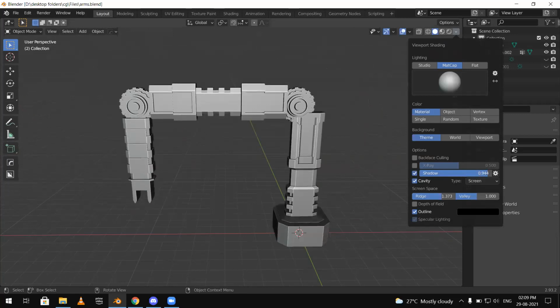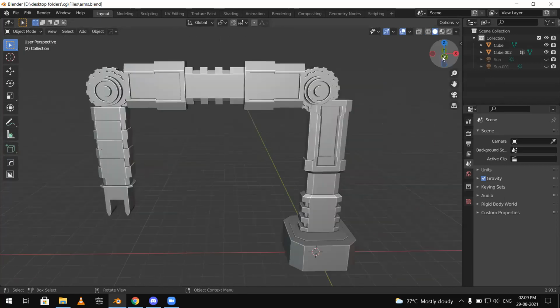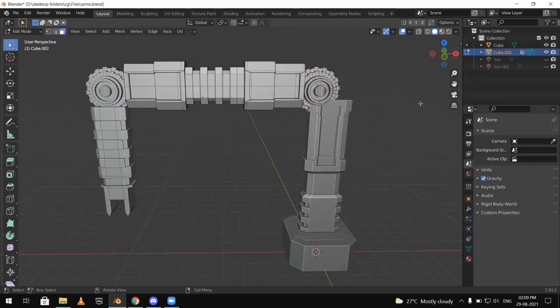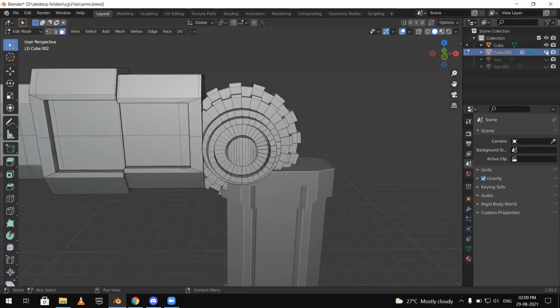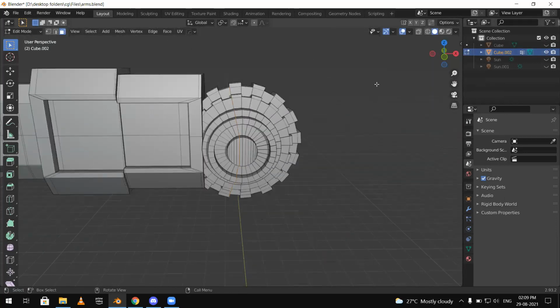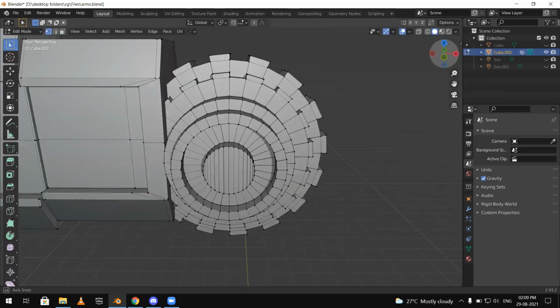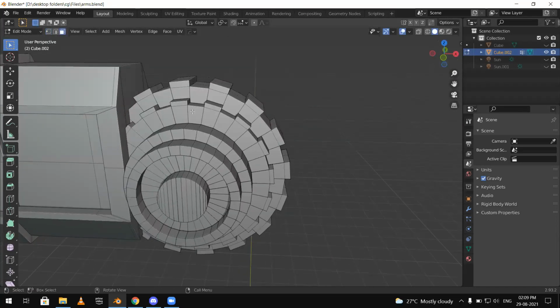Let me increase the shadows on this one so that you can see the features. First, let me show you some of the topology of this object. Now, as you can see, if I hide this cube, first one, almost all the faces on this object are quadrilaterals, and that's one essential thing that you should keep in mind while making anything in Blender. Every face on the surface should be a quadrilateral, or else the topology is not perfect.